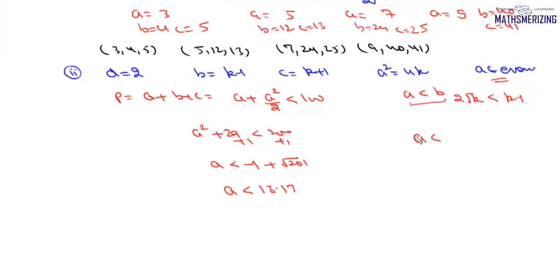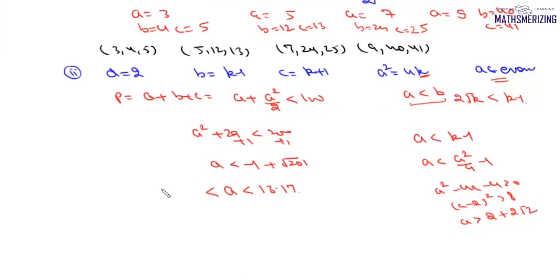Now here we also have this condition that A is less than B. So we have A and then B is K minus 1 and since K is A square by 4, we can write A is less than A square by 4 minus 1. So we'll get this condition as A square minus 4A minus 4. It should be greater than 0. We'll get A minus 2 whole square. It is greater than 8. Value of A should be greater than 2 plus 2 root 2. So value of A, it should be greater than 4.8 something. Now A is even. So the even values of A possible are 6, 8, 10 and 12.